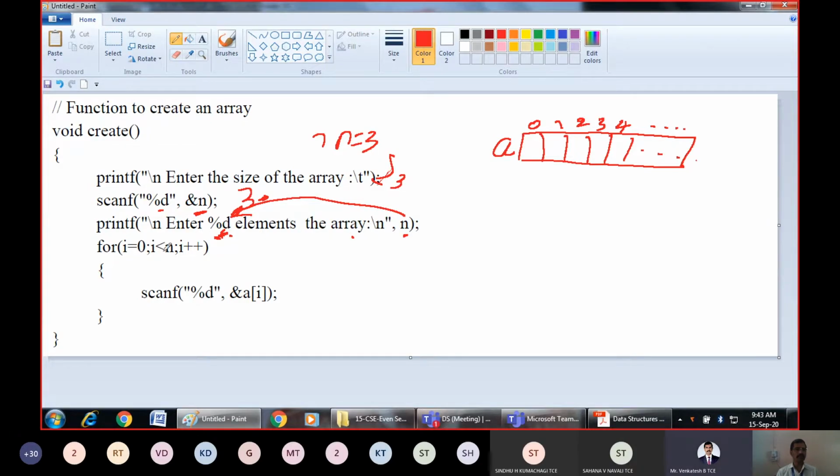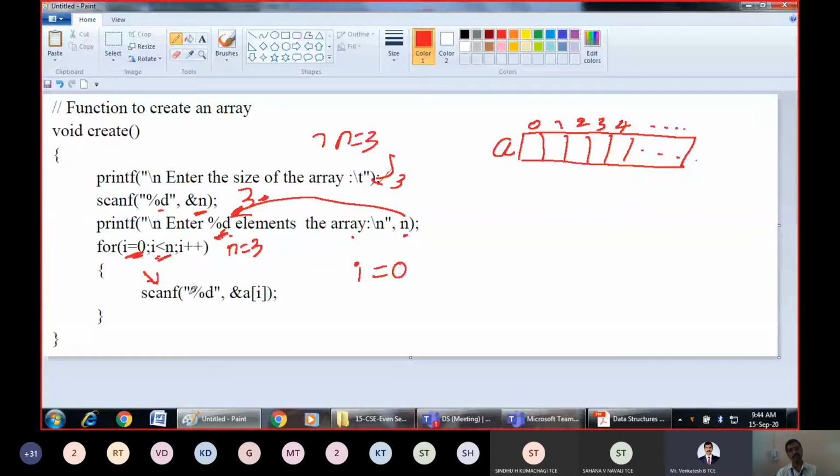Now this is where the creation will take place. Starting, we have the array A here, indexed by i. i is the index used for storing the index value. I'll start with i equal to 0 because initialization says here i starts from 0. Condition checking: check whether i is less than n. So 0 is less than n. What is n? n is 3. So 0 is less than 3. The condition is true. Enter into the for loop and execute this statement.